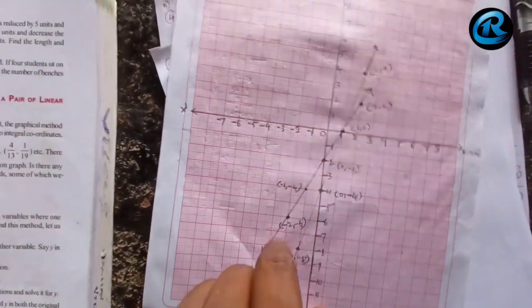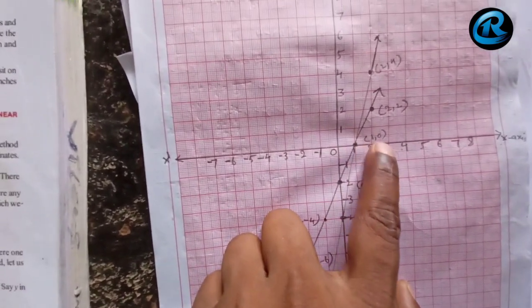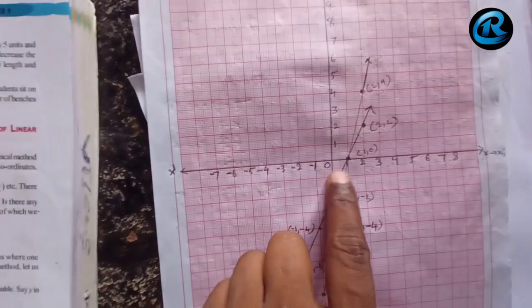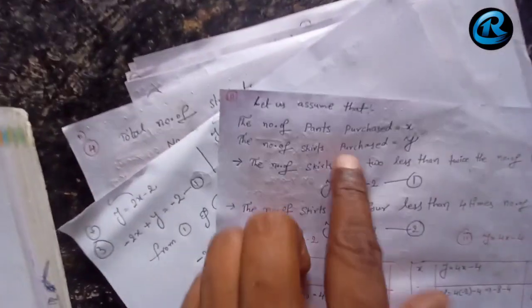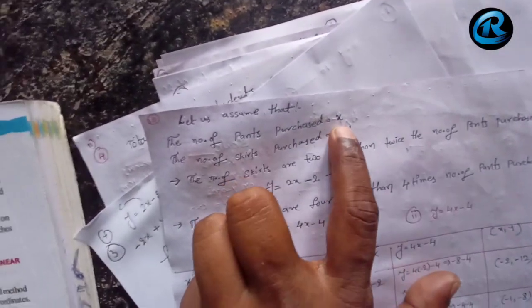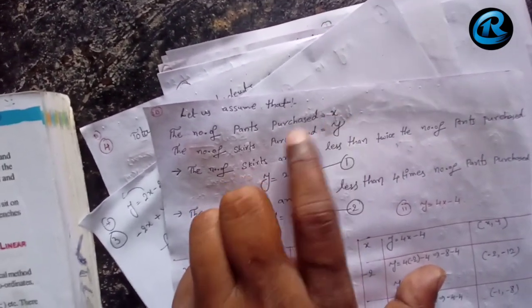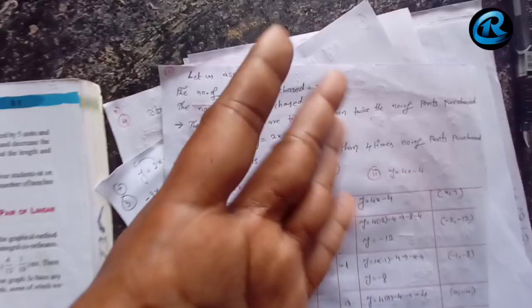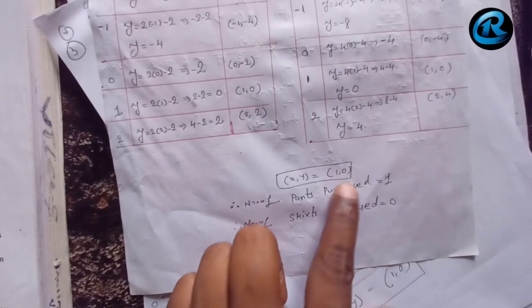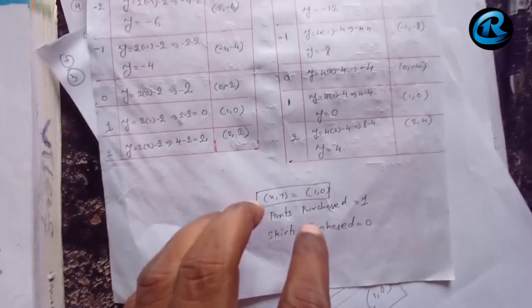Here, equation number 1 and equation number 2, exactly, it is intersecting at 1,0. That means on the x axis the x value is 1, y value is 0. That means what is x actually, the same points. So Neha purchased 1 point because x equals 1. So y equals 0 came. That means the number of skirts are 0. She did not buy any skirts, but she has purchased 1 point. Here we can write that therefore x comma y equals 1,0. x in the sense the number of pants purchased is 1, number of skirts purchased is 0.